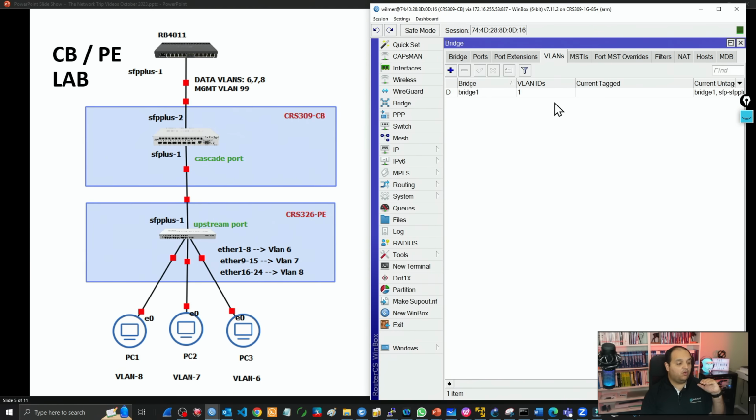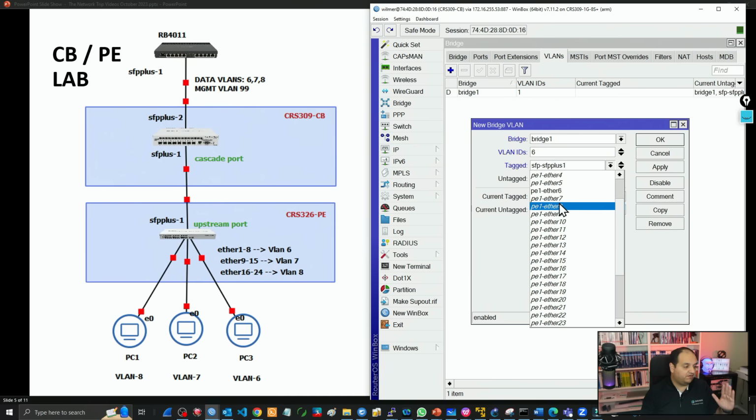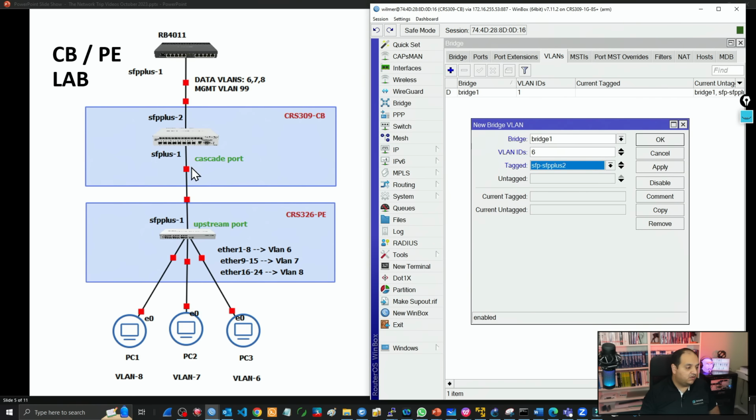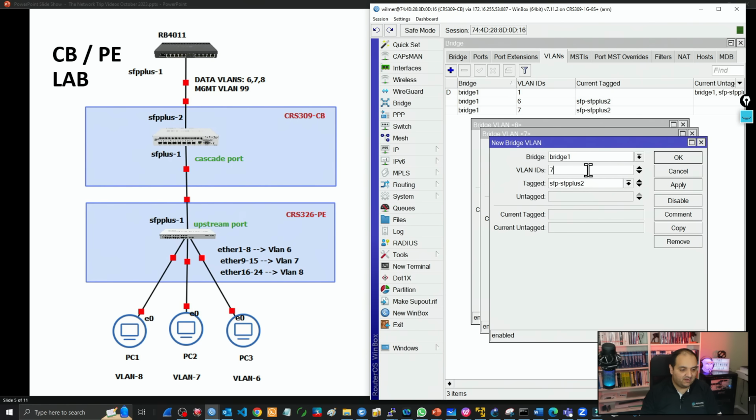So we're going to go one VLAN at a time. I'm going to start with VLAN 6. The tag interface is going to be the one facing the 411, SFP plus 2. We don't need to add the cascade port. That is going to happen dynamically. So now apply. I'm going to copy this and we'll go with VLAN 7 and then VLAN 8 and finally